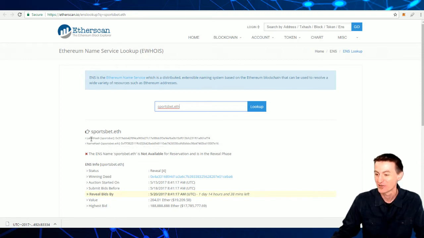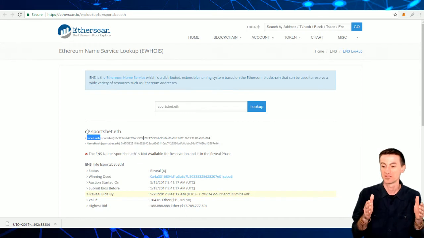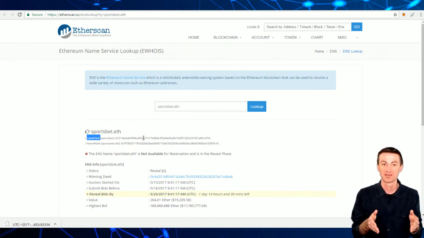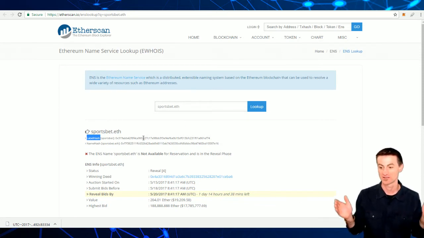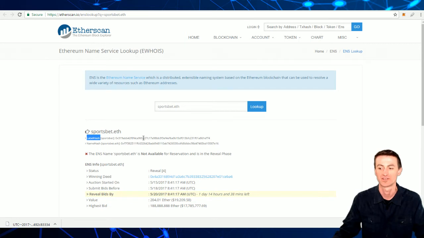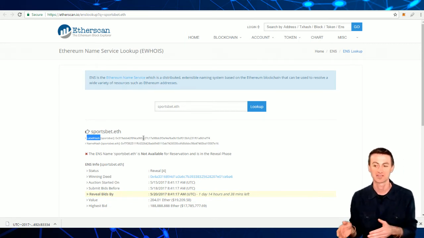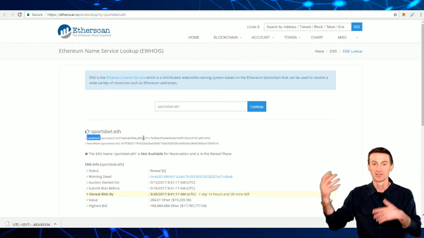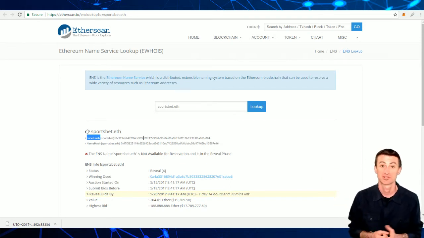Let's see. And so here we have the label hash and then the name hash. And as we discussed yesterday, the label of the domain, in this case sportsbet, is hashed with a separate cryptographic hash as the whole domain sportsbet.eth. And so they do this to make it really clear the difference between sportsbet.eth and sportsbet. Whatever other domains they actually come up with in the future,